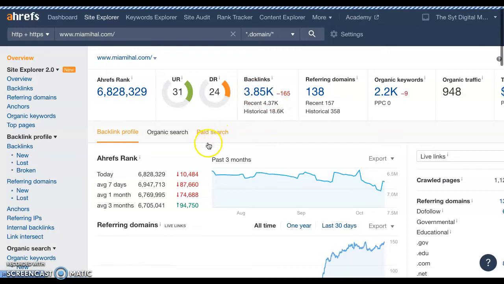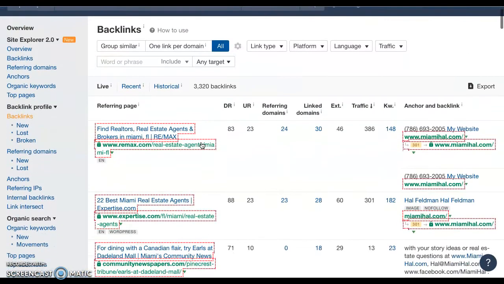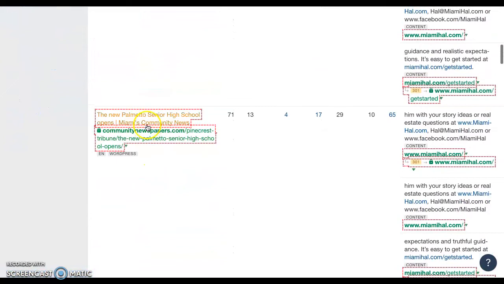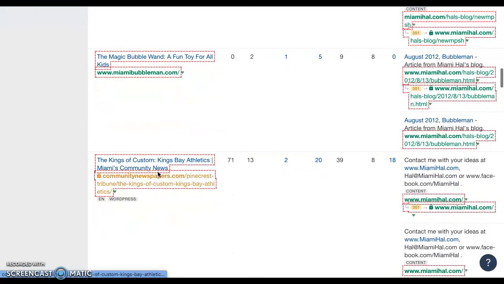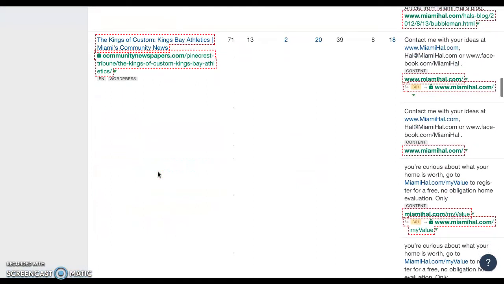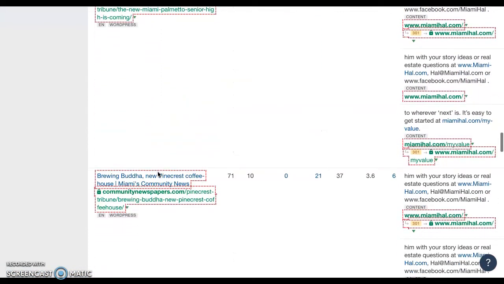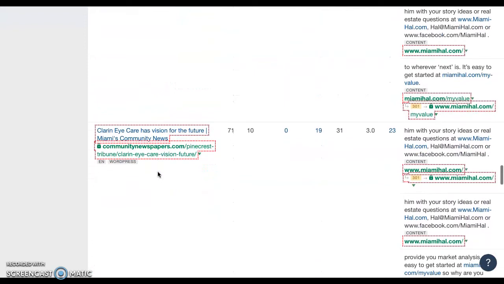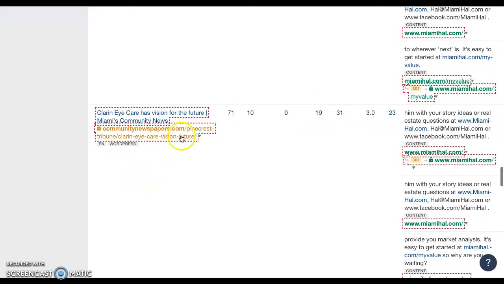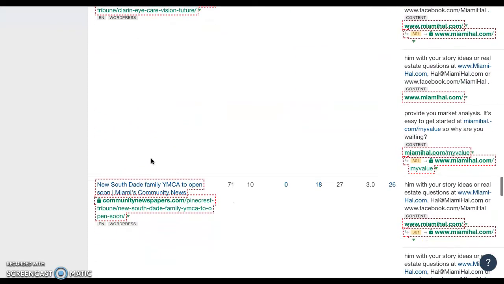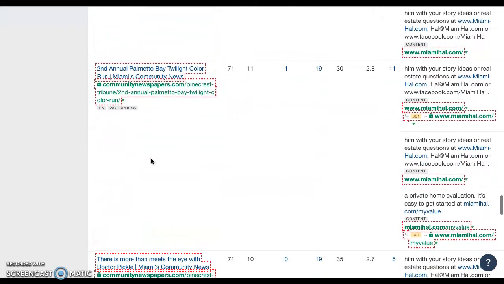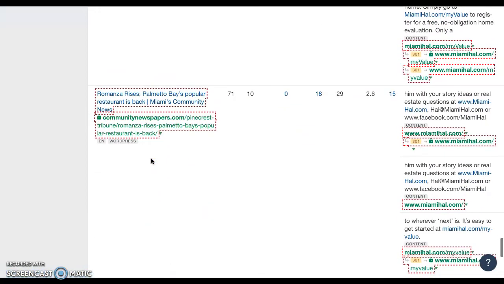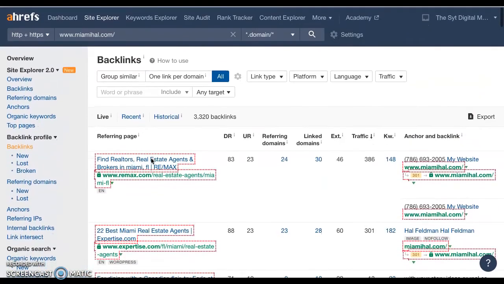And the way that you do this, and the way that I've been taught to do this, is you basically go into them, and here are all his backlinks. And you can go or hire somebody to go into each one of these and post your web address or a link to your website on each one of these. Many of them are free. Most of them are free. Some of them you might have to pay a little bit of money or get permission from somebody. But again, it could be articles, it could be blog posts, it could be visitor articles, but all stuff you can do or hire someone to do for you,